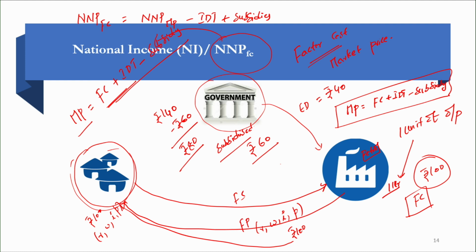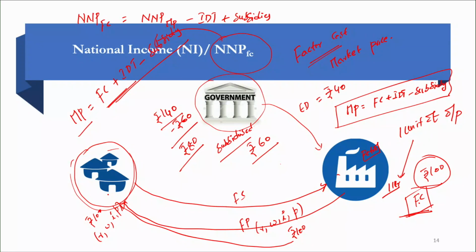Now, imagine, look at here in this example. I already ended up concluding that these factors of production working for this petrol making company do make 100 rupees for every 1 liter of petrol produced. But the petrol finally in the market could be sold at more than 140, less than 140, that all depends upon the tax component, subsidy component. But if I ask you the simple question, what do you think is the best measure of income of this nation? The output measured at factor cost or output measured at market prices?